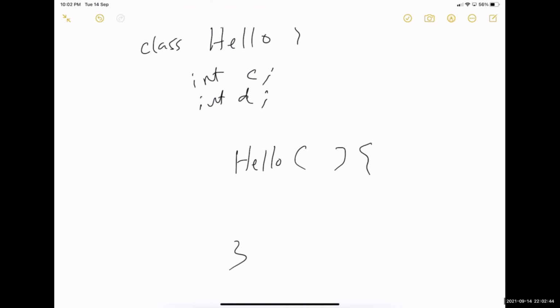How does the compiler, or how does Java, figure out whether I have created a constructor or a method? Is this a constructor or is this a method? Tell me. Okay, this is a constructor because it does not have any return type. So this is one reason why, even if you are not returning anything, you have to put the return type as void.